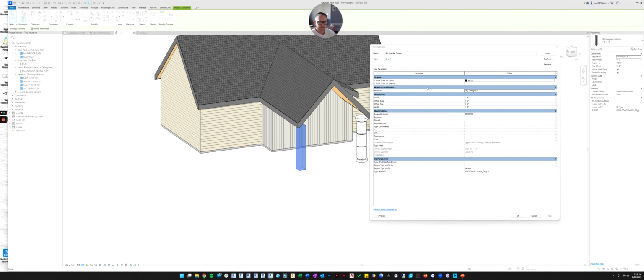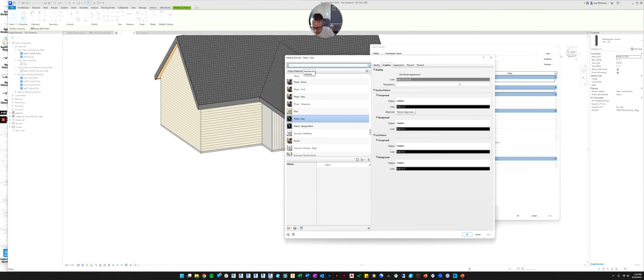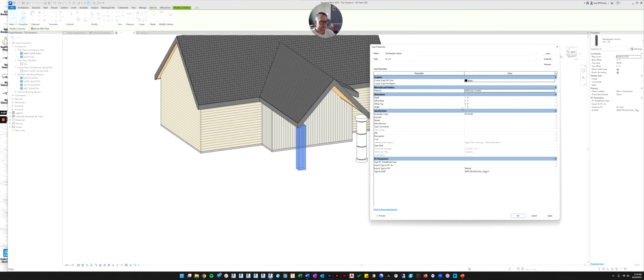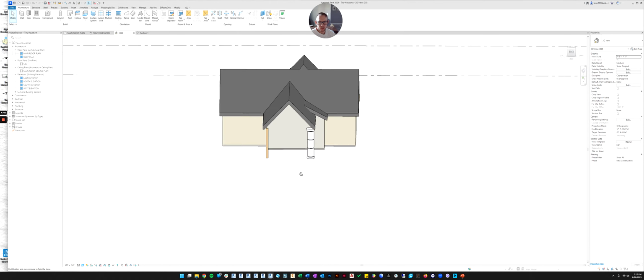Let's give it that lumber material. Okay, and then under dimensions, whoever made this family gave us the ability to change the depth and the width. Let's give that a shot. 8 inches by 8 inches. And then click OK. And looky there.